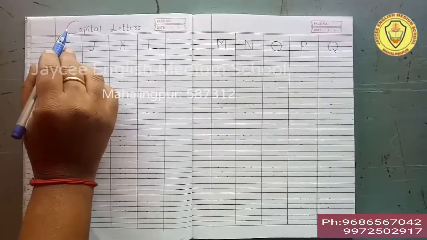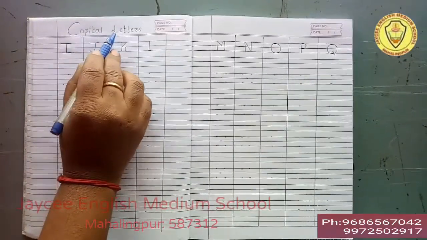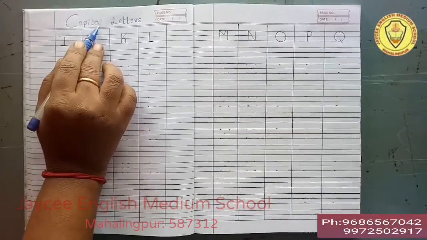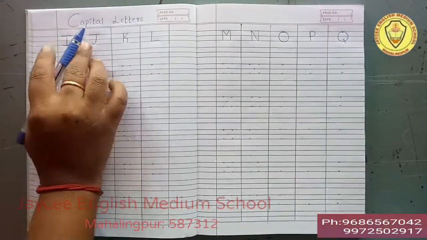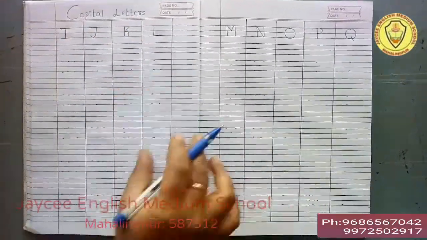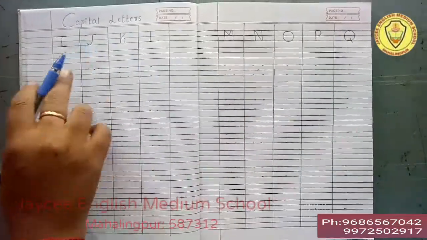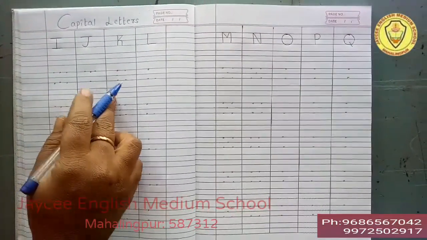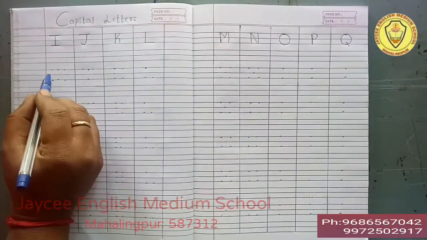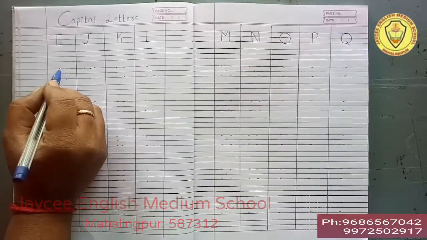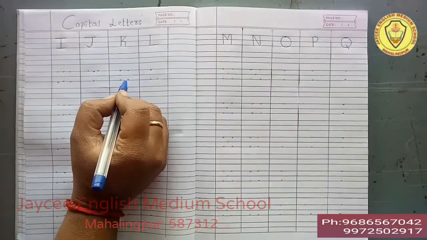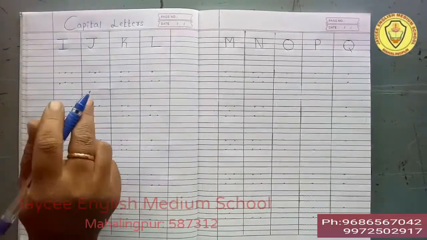You can see here we wrote the heading first, so you must first write the heading, then put the columns properly, and as we have shown here, you have to put the dots. You should first show yourself to the child by joining some couple of dots. You must show the child as we are showing here.